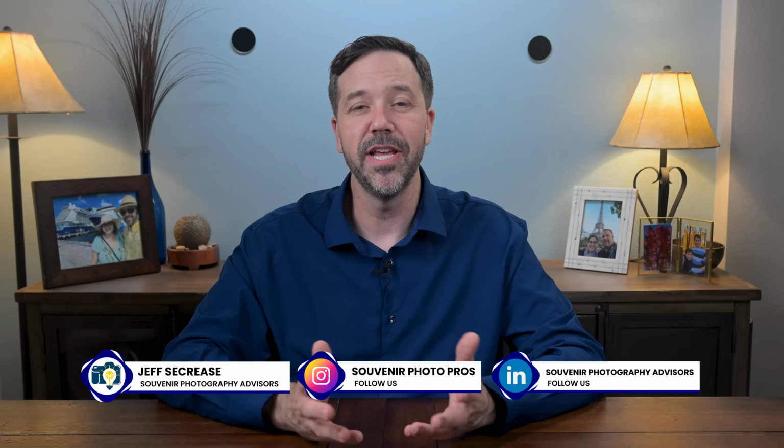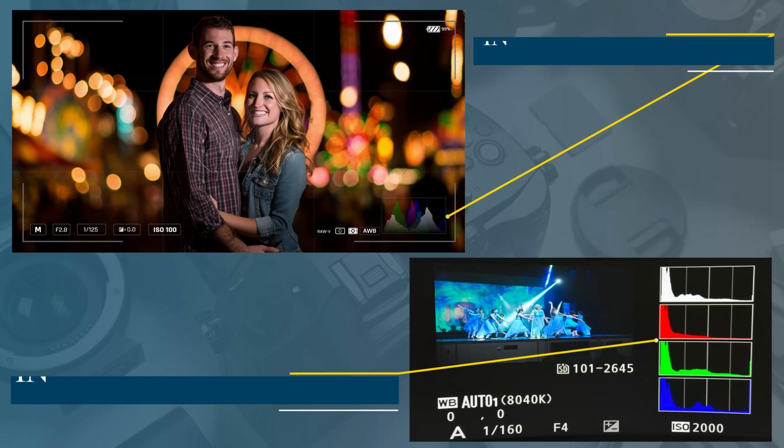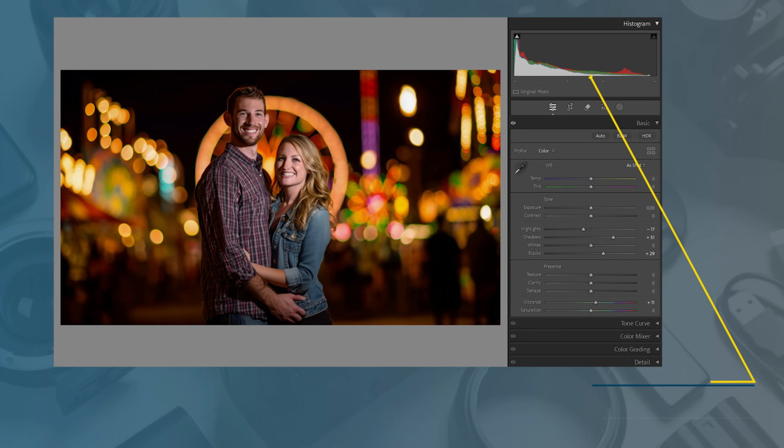What is a histogram in photography? A histogram is a visual graph that shows how light is distributed in your photo. And it's one of the most accurate tools for checking your exposure, both in camera and during editing. You'll find it on the screen of most modern digital cameras, and it's built into nearly every photo editing software,